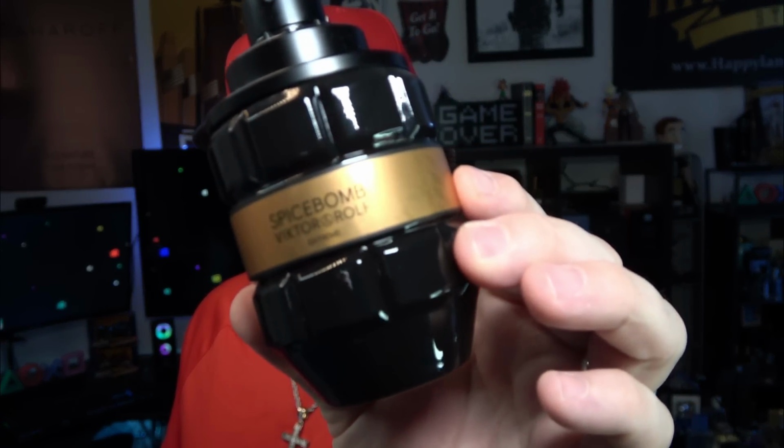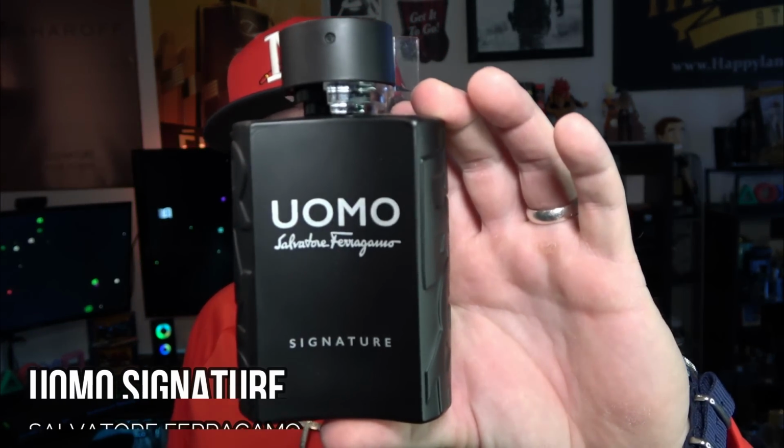It's got a lot of fame and a lot of hype on social media for a good reason, because it's one of the best cold weather fragrances money can buy. Spice Bomb Extreme. A hype beast in its own right, much more affordable than Spice Bomb Extreme. It's a nice sweet coffee leather type of fragrance that's very easy to wear, super easy to like, and performs well. It's Salvatore Ferragamo